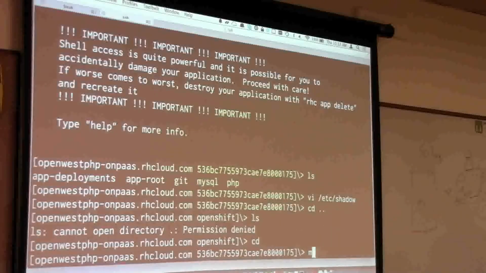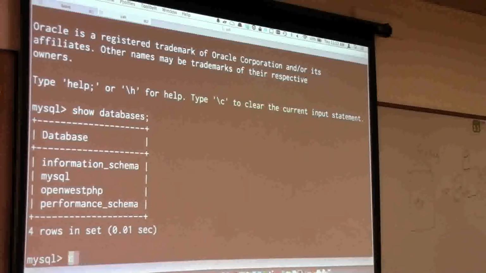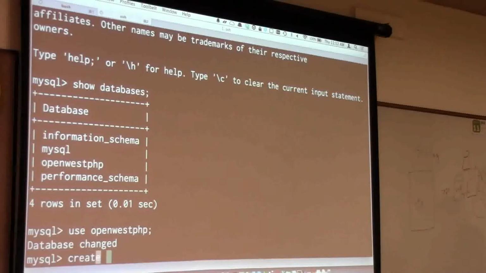Okay, so we're SSHing. We created a database. Let's connect to it just by typing MySQL. We can use Openwest PHP. We can create a table. It's been a long time since I've used MySQL.